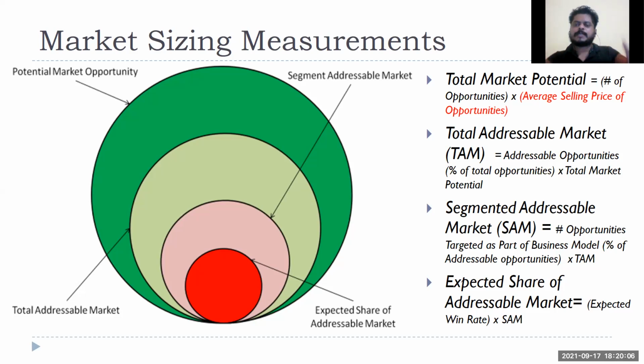So now I'll segment. My total addressable market is 10,000 companies. Out of that, I'll segment them. How many companies have more than 500 employees? How many have fewer than 500 employees? Or maybe location-wise, how many companies are in the northern, southern, western and eastern parts of India? Based upon that, let's say I created a geographic, location-wise segmentation: northern, western, southern, eastern and central, 5 segments.